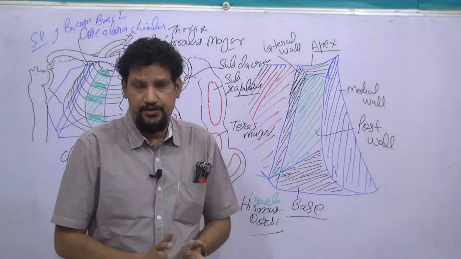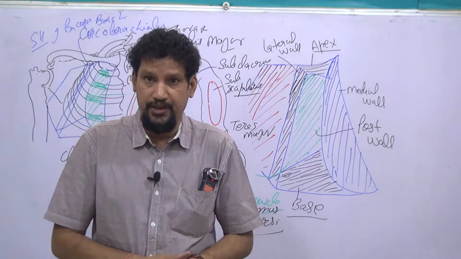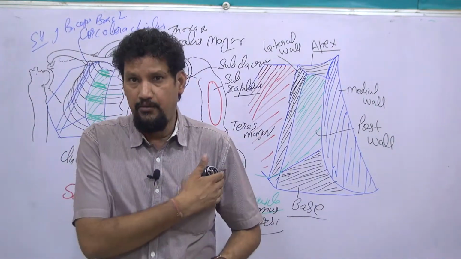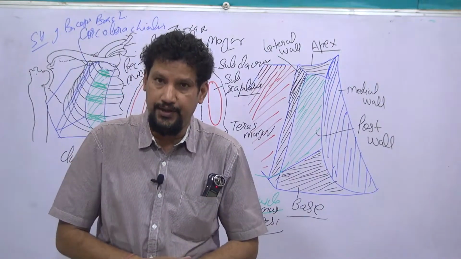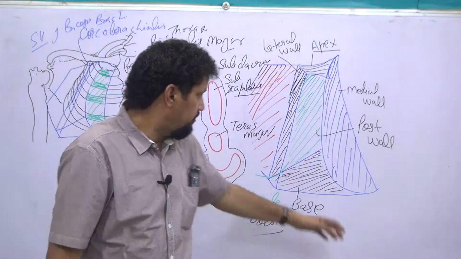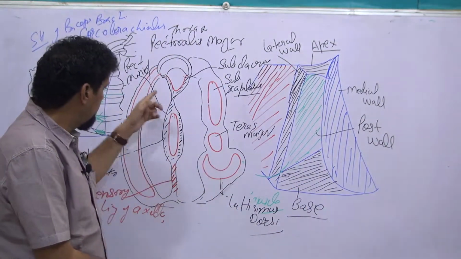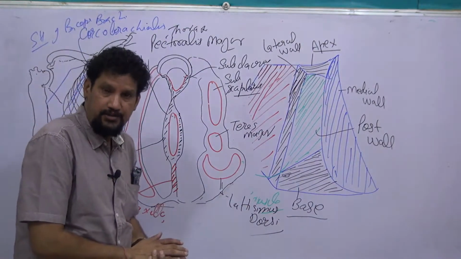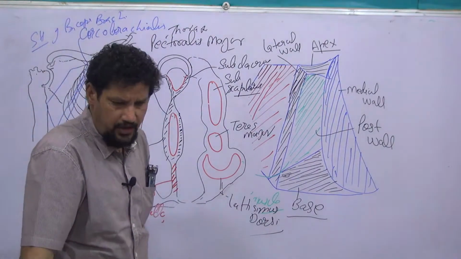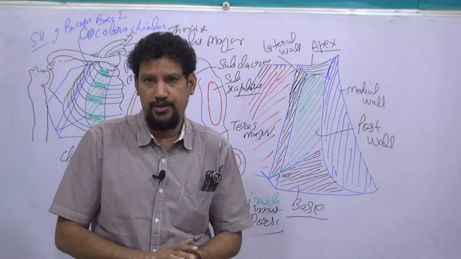So what is the axilla? Space between the medial side of the upper part of the arm and the lateral side of the upper part of the thoracic cavity. So these are the boundaries of the axilla, the posterior boundaries and the anterior boundaries of the axilla. When we talk about the posterior boundary of the axilla,